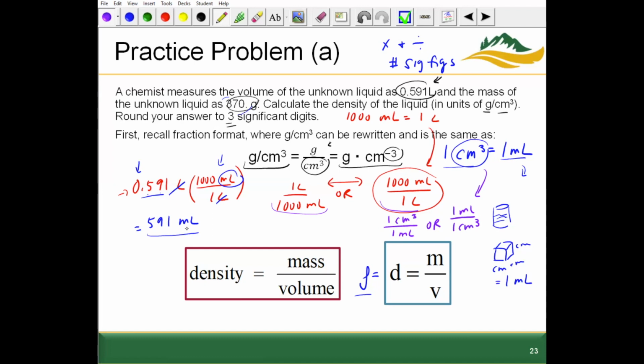So because we have this value in milliliters and we want to cancel out milliliters and just have centimeters cubed, we want to use this version of the conversion factor and say 1 centimeter cubed over 1 milliliter. Milliliters would then cancel out and we'd be left with just units of centimeters cubed. Because we're just multiplying by a factor of 1, this is still 591. But instead of using milliliters, which got canceled out, we're going to say this is 591